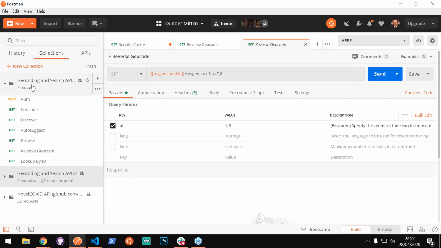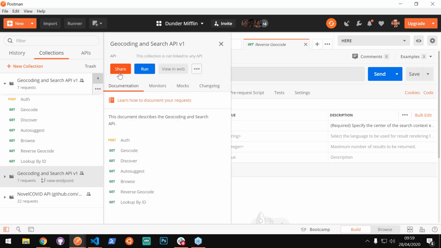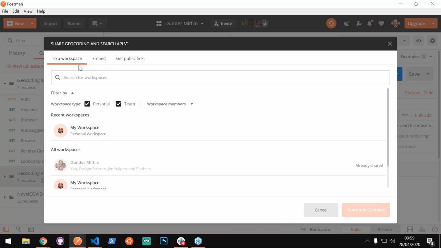Another way to collaborate, if let's say you don't want to use the teams, or for some reason someone doesn't want to create a Postman account. So if you don't have a Postman account, you can still use Postman, which is fine. So you could share that with them just going here. You can click share, and you have different ways to do it. So the workspace would require an account, but you can also just